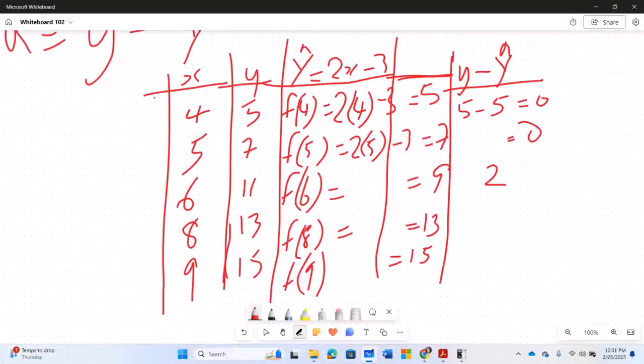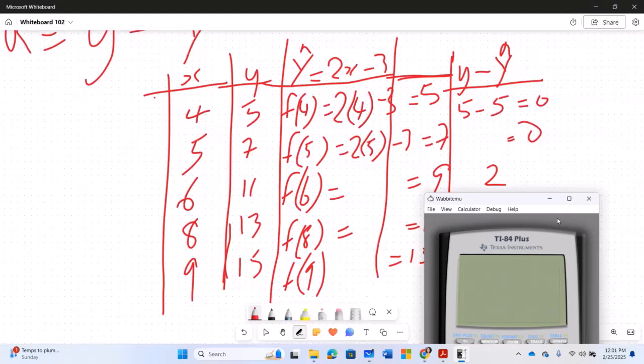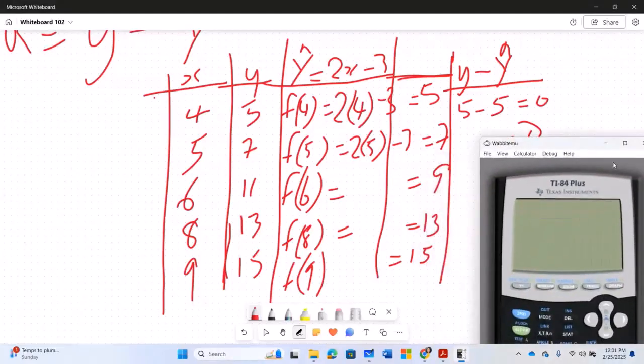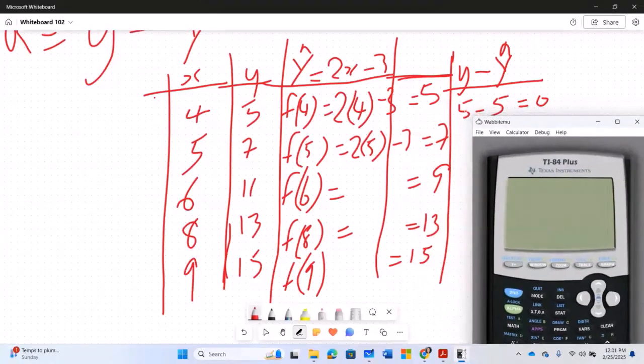Okay, so we have, because this is y minus y hat. So let me put it in my calculator. We can actually do it next class. So for each y hat, find the value of